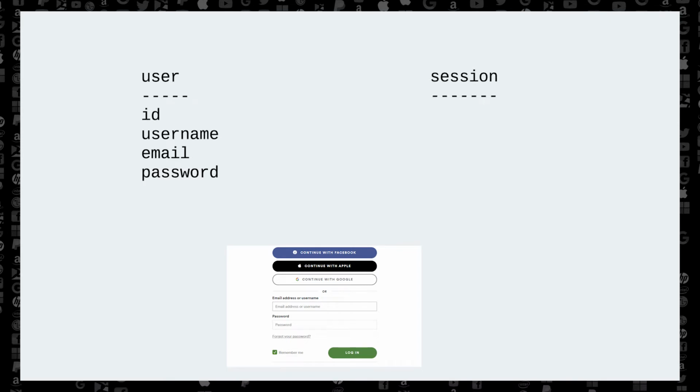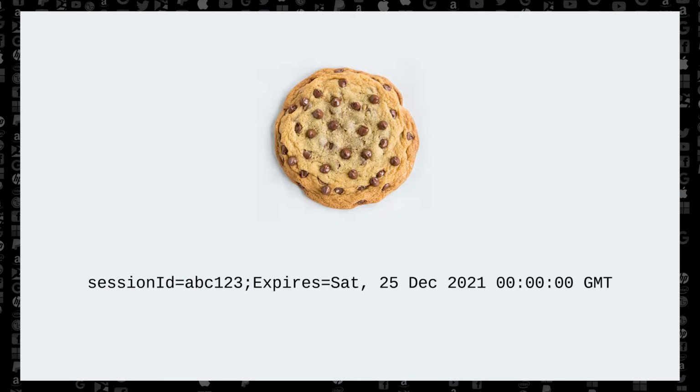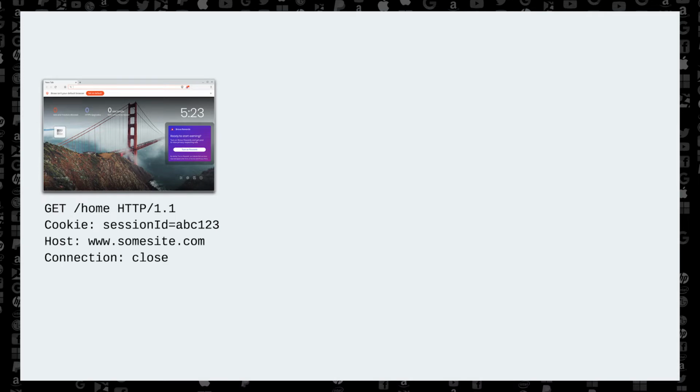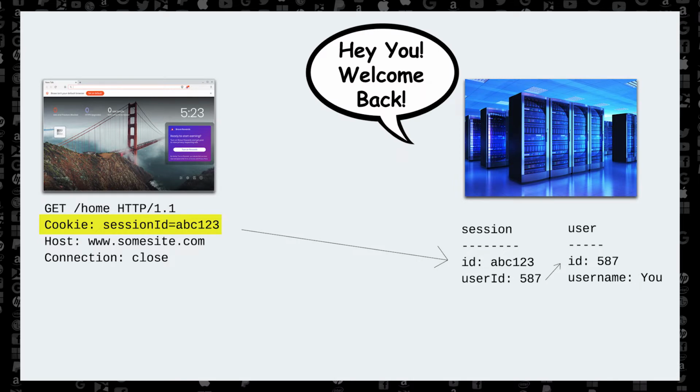And that session has information like your user ID, when it was created, the last time you accessed or used this session, and when it expires. Now the website gives your web browser a cookie to store that has the session ID and possibly an expiry date, so your browser can delete the cookie when it's expired. So the next time you visit this website, your browser, when it's fetching a page, also hands over this cookie, and the server will then look for that session in its database, and that contains your user ID. So then your user profile's pulled up, and that's how you see your account landing page instead of someone else's.